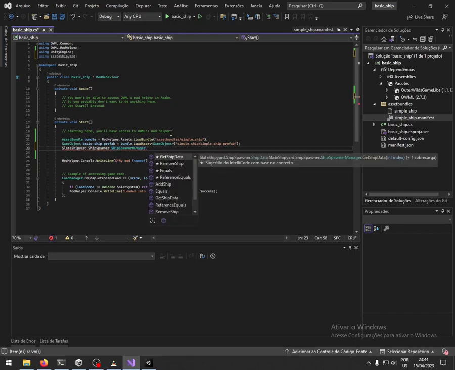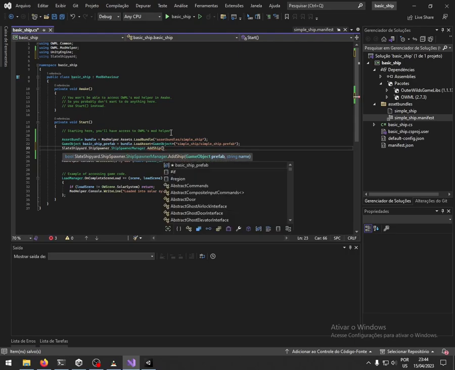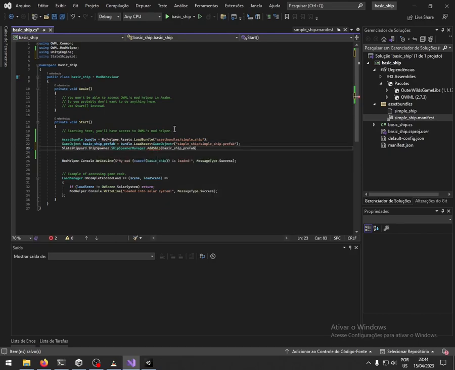So in here you do AddShip. Here it is asking for our prefab and a name. This name must be unique because it is just an example project. We can first pass our prefab and then give it a name like simple_ship, and well, that's it,